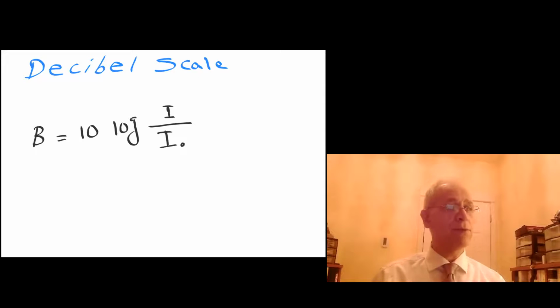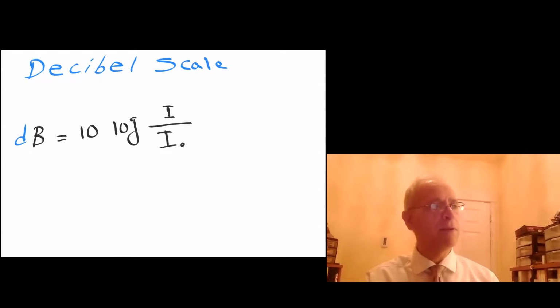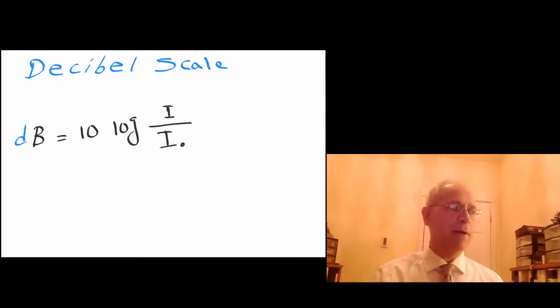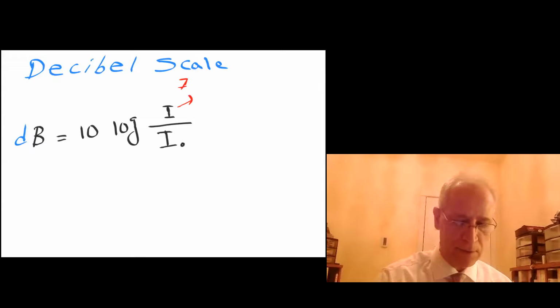The formula is B, and sometimes some textbooks put it as dB, so don't be confused. Decibel. So B equals 10 times log of I over I naught. What is I here in the numerator? That is the intensity of the sound,